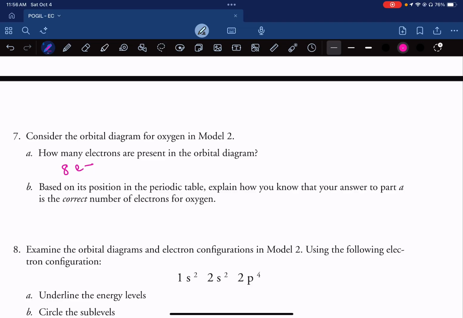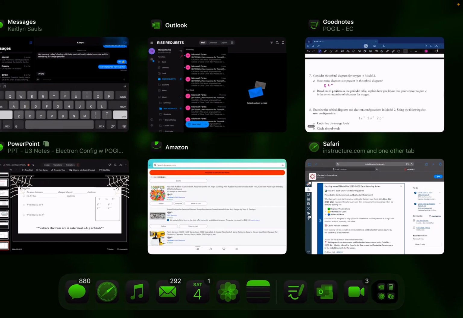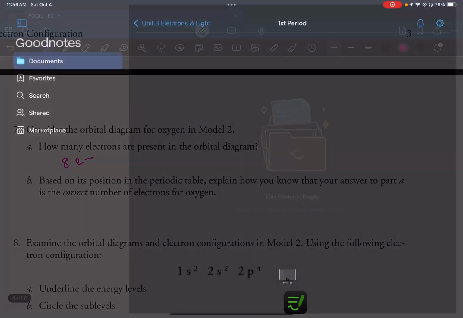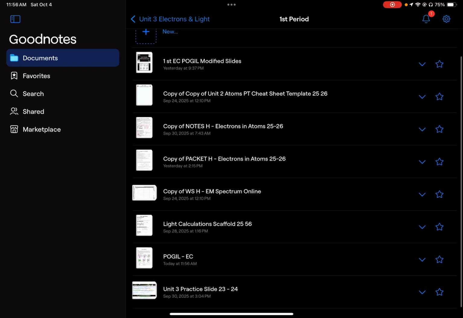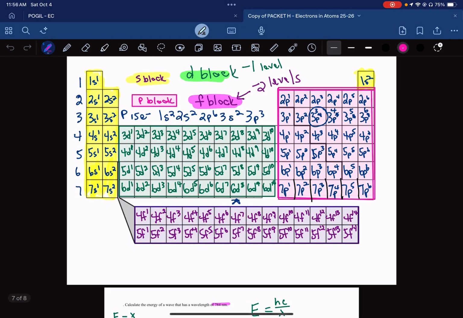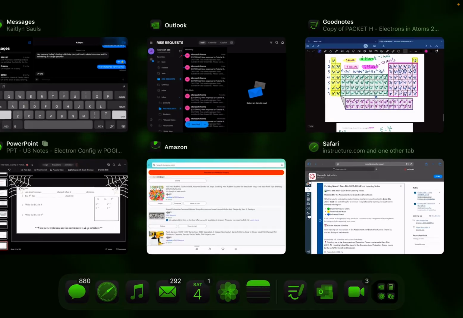And then it says, based on its position in the periodic table, explain how you know that your answer to part A is the correct number of electrons for oxygen. So, if we go over to a periodic table